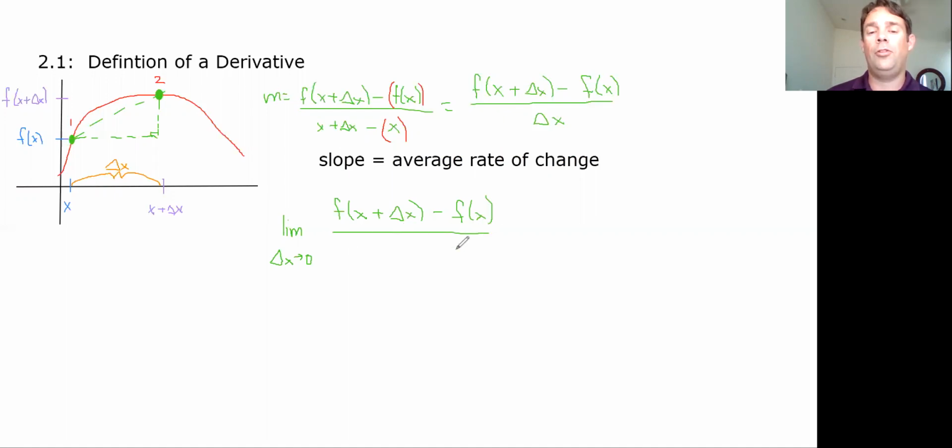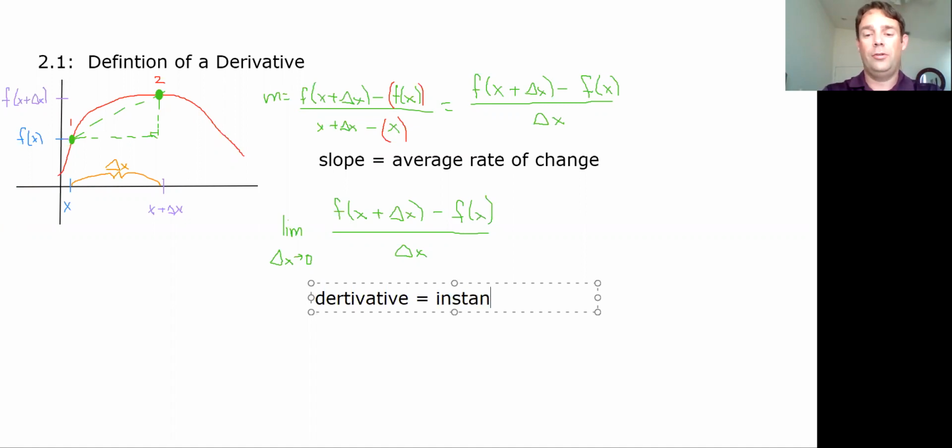We're going to keep letting those 2 points get closer and closer and closer until we end up with something where the distance between the 2 points is 0. In other words, it's at a single point. Well, we went through and we said, well, this is the idea. We called this idea a derivative. That is instantaneous